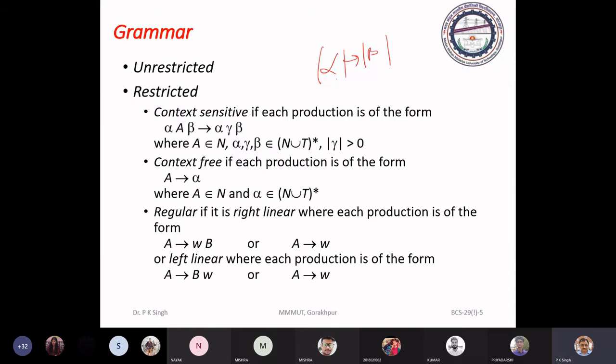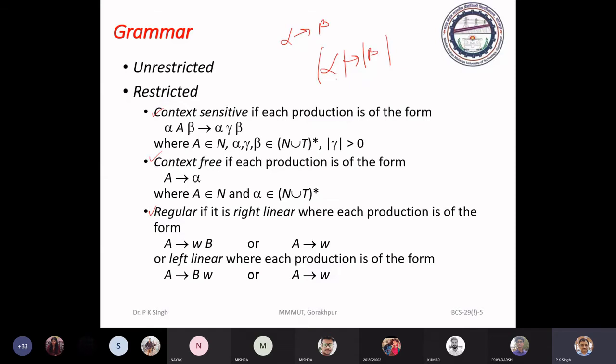But we are concerned about the constructive grammar, that is called restricted grammar. In restricted grammar, we have various types of grammar, like context sensitive grammar, context free grammar, regular grammar. Context sensitive grammar, again, if we have an alpha to beta production, then it is reverse.